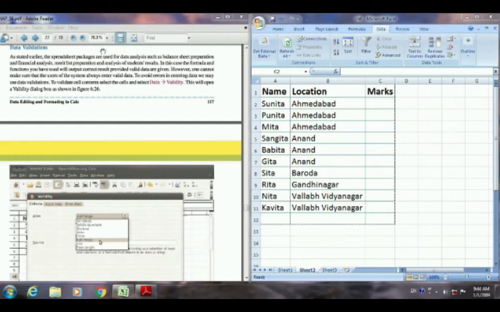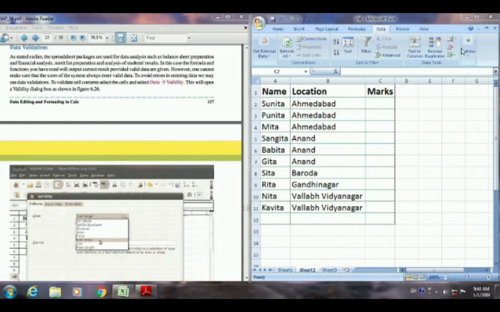So first, in Excel, we will see that we have the Data tab. Go to the Data menu and select the validation option, and then the validation dialog box will open, which you can see over here. Go to the Data tab.